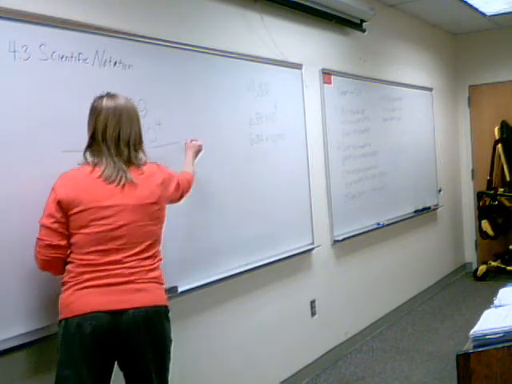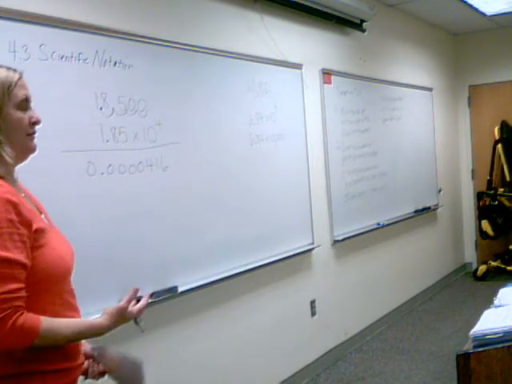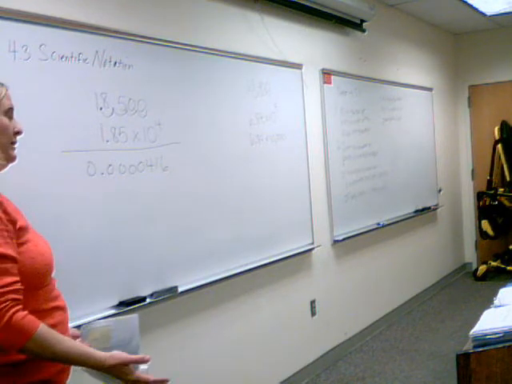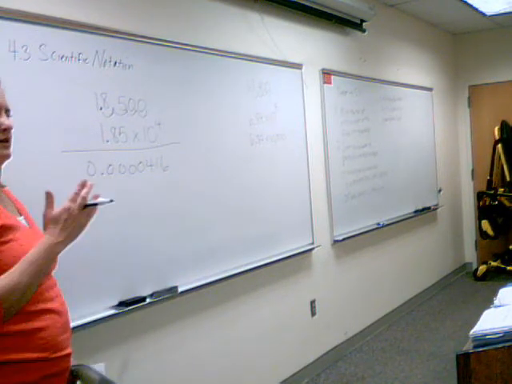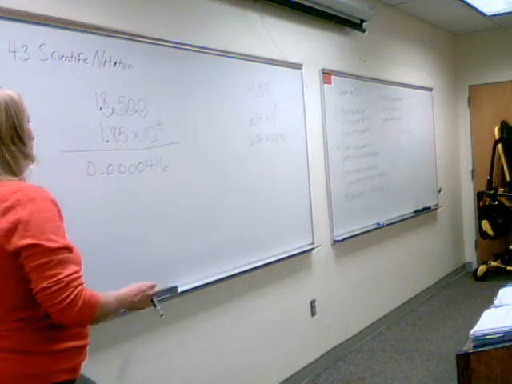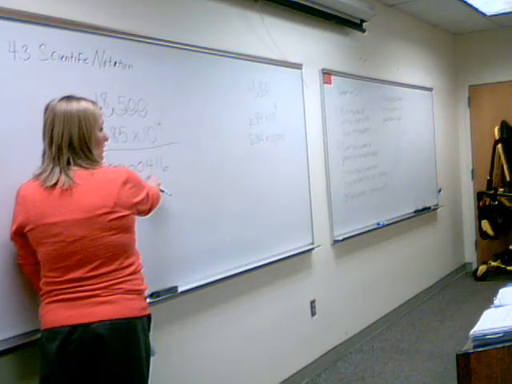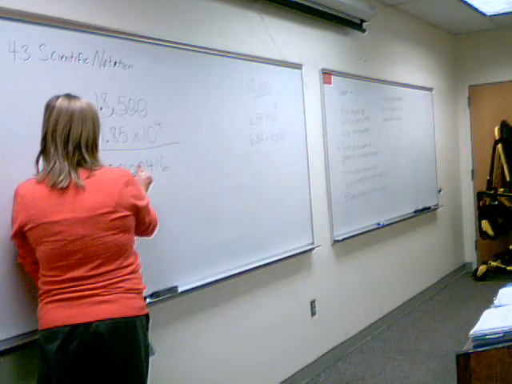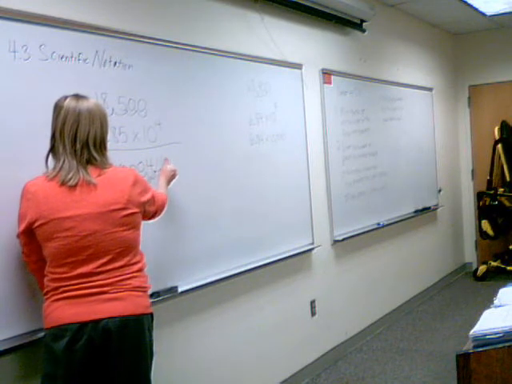Here's the number I'm starting with. My first step is the same. I still have to move my decimal point to the right of the first non-zero digit. My first non-zero digit is 4. So I have to go 1, 2, 3, 4, 5. So I have